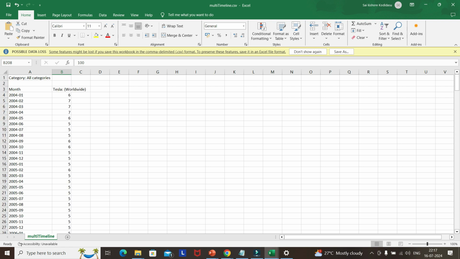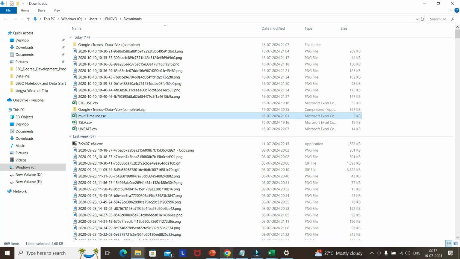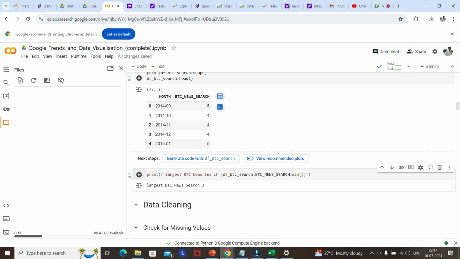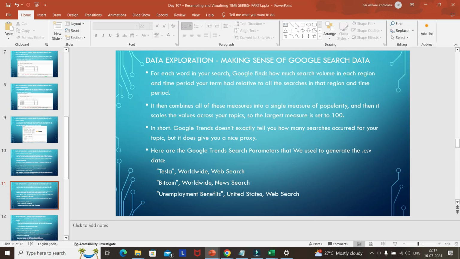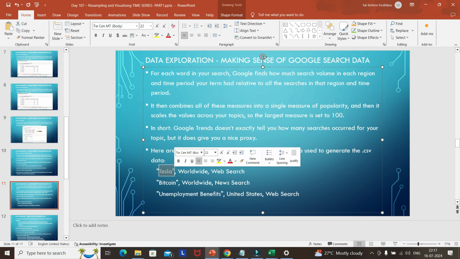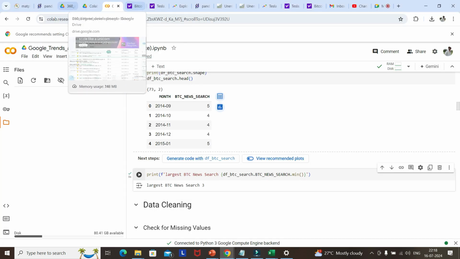I have downloaded this data from Google Trends as I showed. Now, if you see here, Tesla worldwide web search and Bitcoin worldwide,